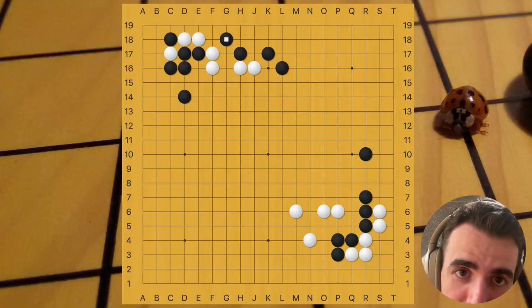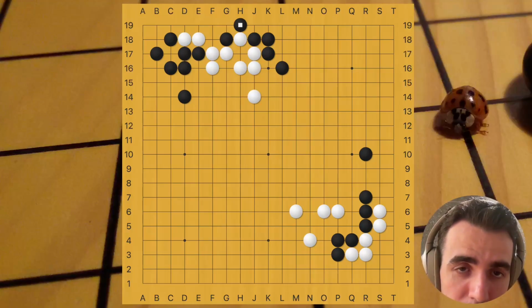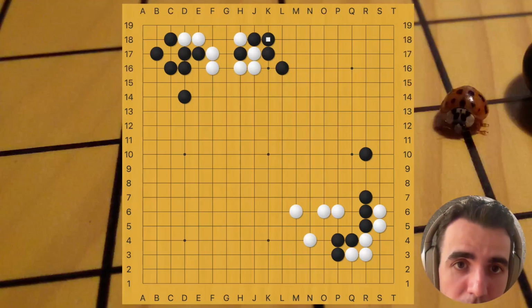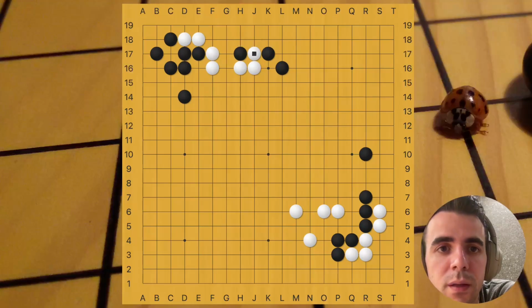Exactly. So if we play here, now white cannot push and cut us. Earlier, if we capture here, white will play in this way, and we even need to rescue these stones. Later, we do have the same pattern here, where we can get rid of this side, but for now, it's not that relevant. And if white really needs to be safe, white can just somehow capture it here. This, even this, you know. It's better for us to threaten,